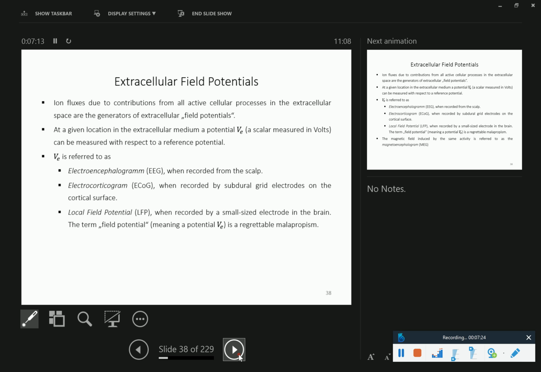These are potentials, and "local field potentials," as I mentioned earlier, doesn't really make sense. So these are just potentials. They are not electric fields, but they are electrical potentials that are picked up by these electrodes. And you can measure them there, and maybe they are still considered the gold standard of invasive